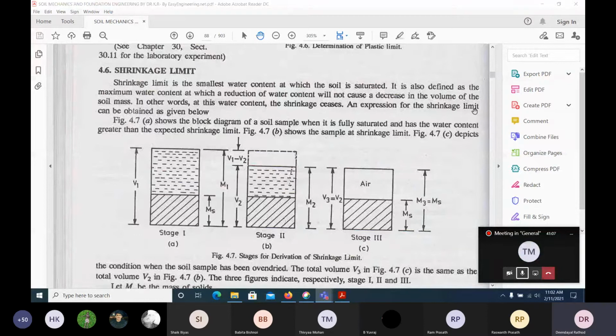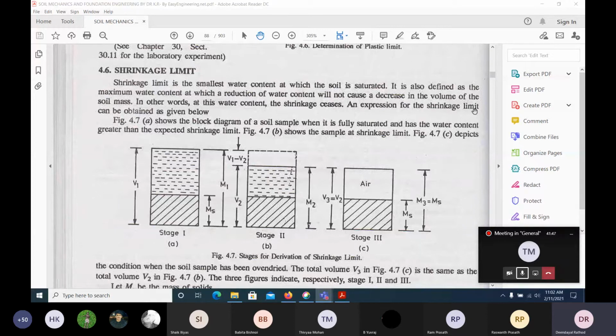Now we will apply whatever basic formulas we have seen till now. How can we find out this shrinkage limit? Shrinkage limit is nothing but the water content only. What we are finding out, liquid limit, plastic limit, and shrinkage limit, are the water content of a soil, the consistency limits or Atterberg limits as we call them. Easily we could find the plastic limit by rolling it into a 3 mm thread, and the liquid limit by Casagrande's method, by drawing the graph, and the water content at 25 blows is called the liquid limit.